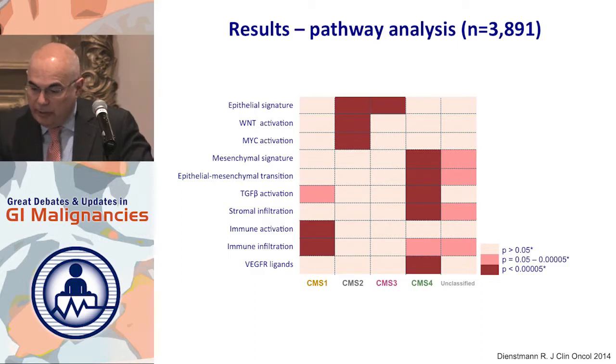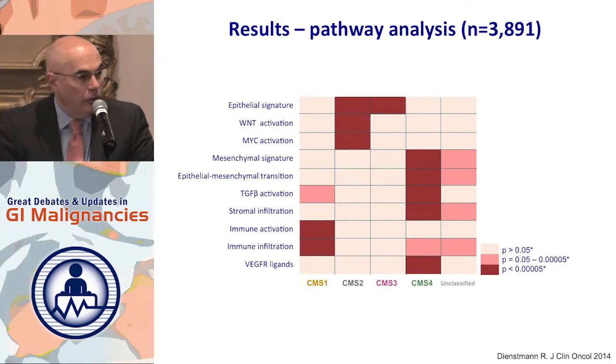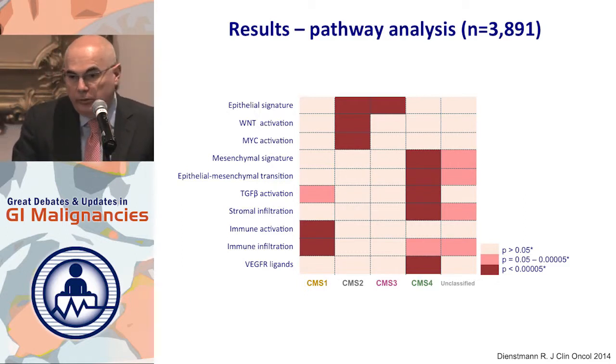Finally, integrating all this data, you can come to a selection of properties of these different subtypes. For example, the MSI or immune, as mentioned, we have immune activation, immune infiltration, as main characteristics. For the number 2, this is the canonical. You can see here that we have canonical activation of the Wnt and the MYC pathways that are important in colorectal cancer. The third one, the so-called metabolic, has more